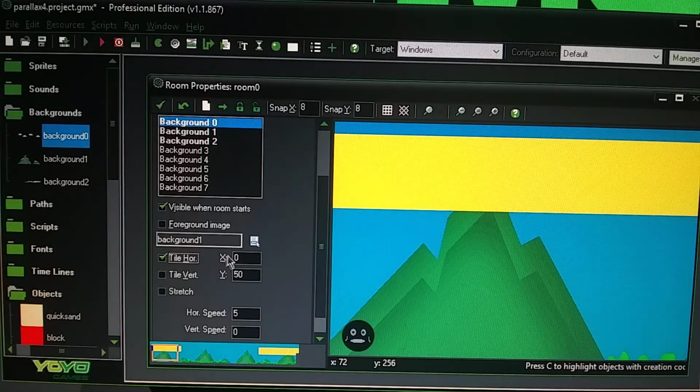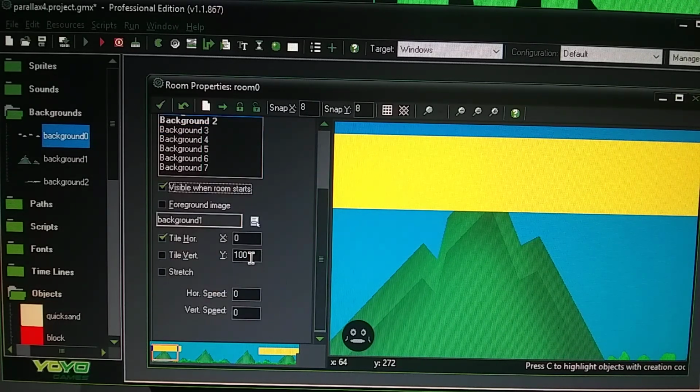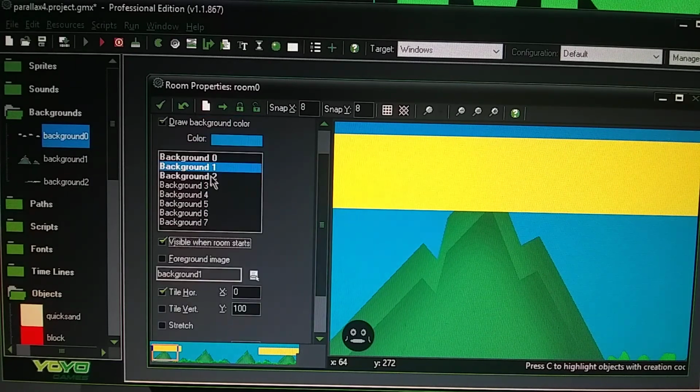But anyways, that doesn't happen. I already have it in there in the first place. Okay, background 1, make sure it's set to visible in the room for all 3 of your backgrounds. Make sure it's visible in room. Make sure it's tiled, horizontal, and then I have my mountains at 100 positioned, and then on the background 2,